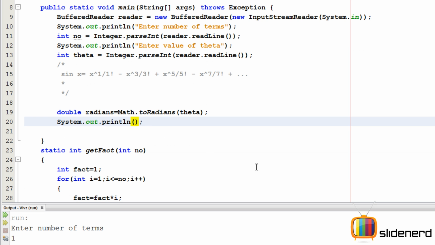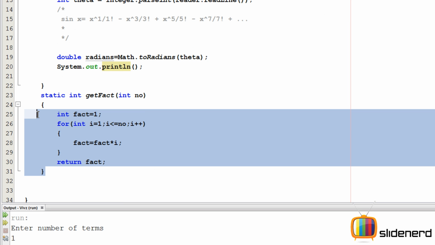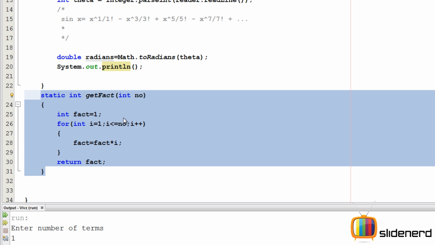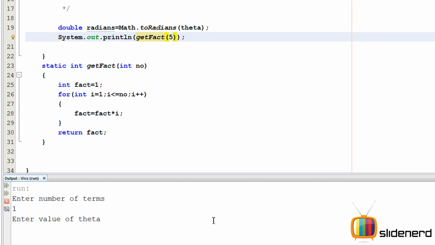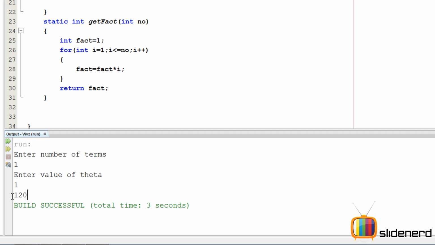So let me go ahead and test this function by calling the assistant. So far over here I have only defined the assistant. I have not actually called him to work, something like that. I'm gonna say here getFact, and I'm gonna pass a value of 5. He's gonna return me 120. If you guys remember the 5 factorial, so here enter the value of theta. It doesn't matter whatever it is. As you guys can see, it's returning 120.